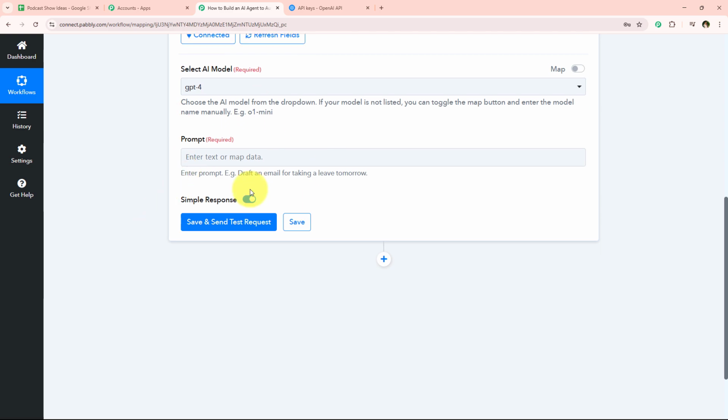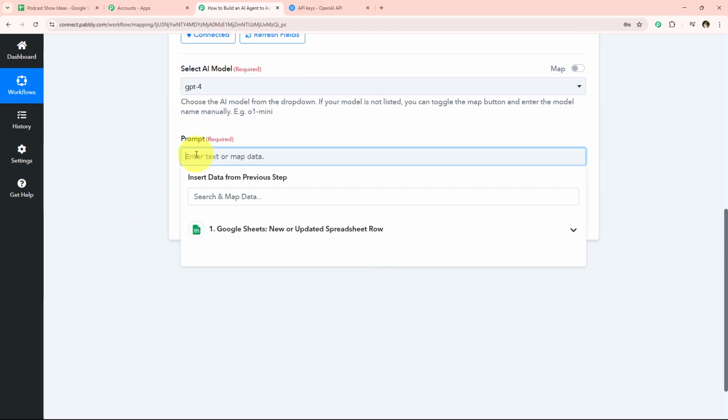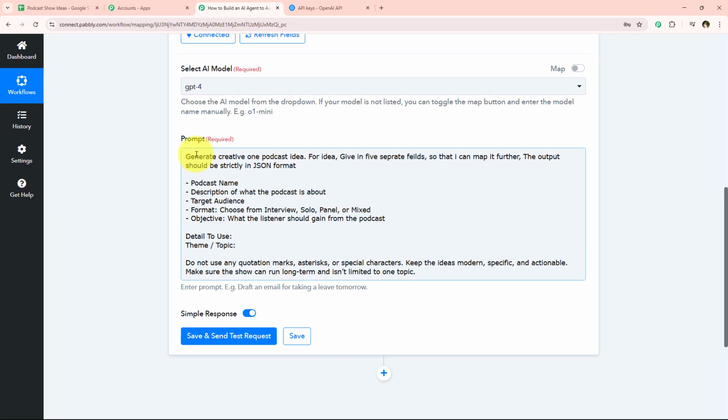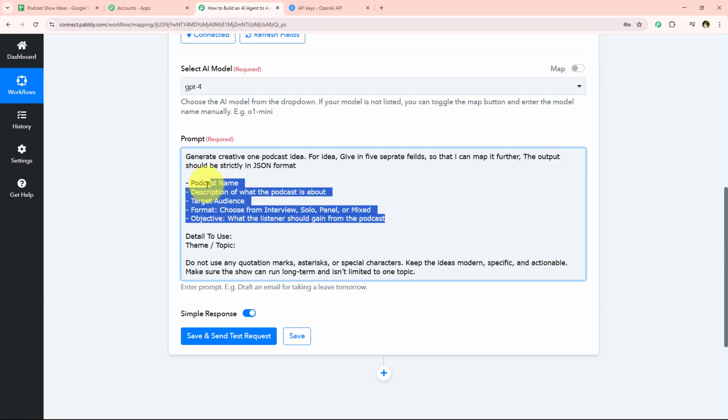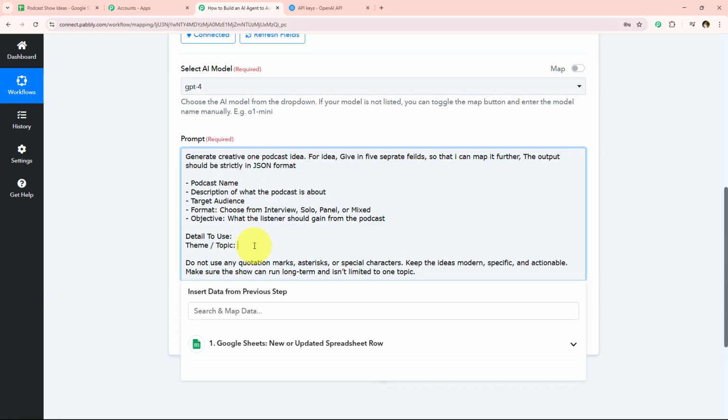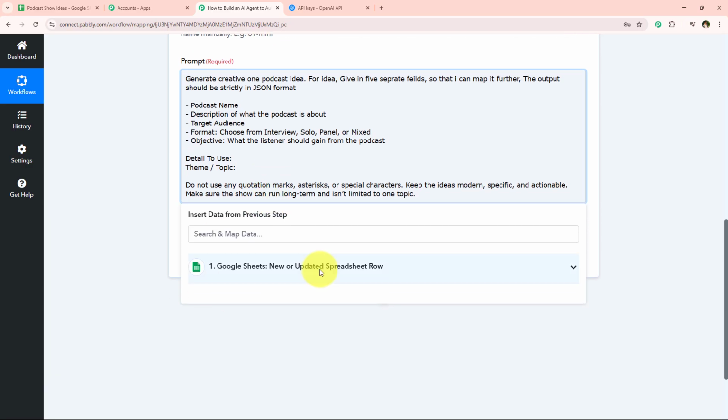And now it is asking me to enter the prompt. Alright, so I'm just going to enter my prompt right over here. So now I've successfully entered my prompt, which is generate a creative one podcast idea. What I want to generate is add it right over here. And now I'm just going to enter the detail to use right over here, which is the theme or the topic. Alright, so I'm simply going to enter it, but we're not going to enter it manually like this, but